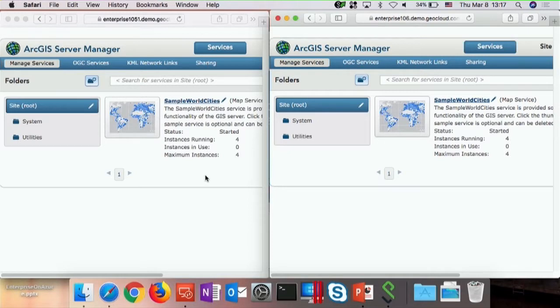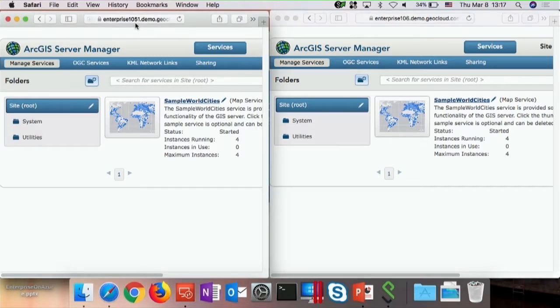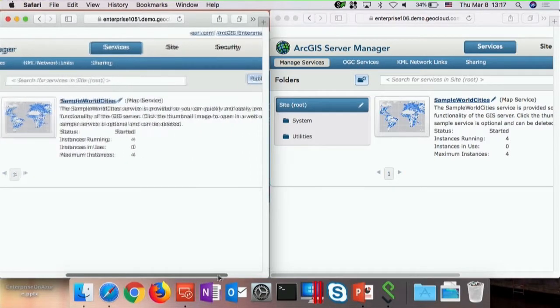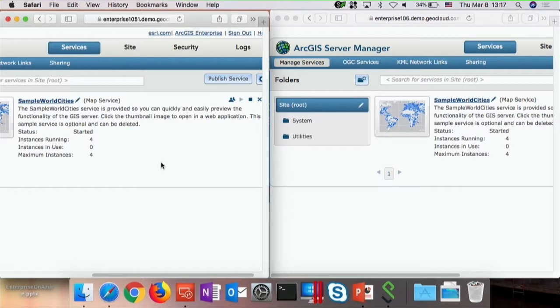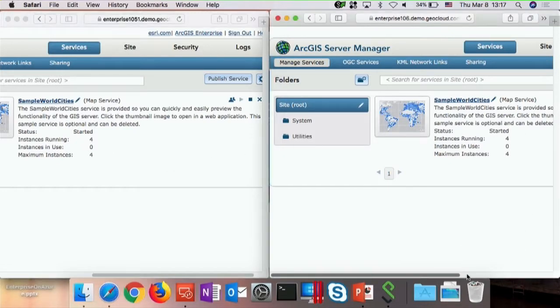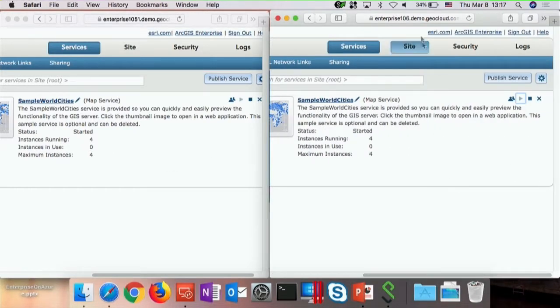So I have two different systems running here. I'm inside of ArcGIS Server Manager. The one here on the left is a 10.5.1 system. So last year, right? I've got sample world cities. We all know and love it. I've got four instances running, and I've got sample world cities also running in a separate system over here on the right-hand side, which is my 10.6 system. You might be able to just barely make out, it says Enterprise 10.6, Enterprise 10.5.1 up here in the URL. It's just so I can keep things straight. So